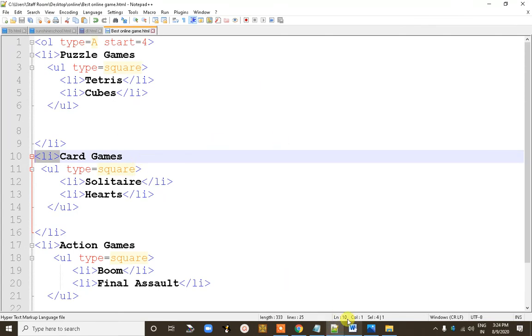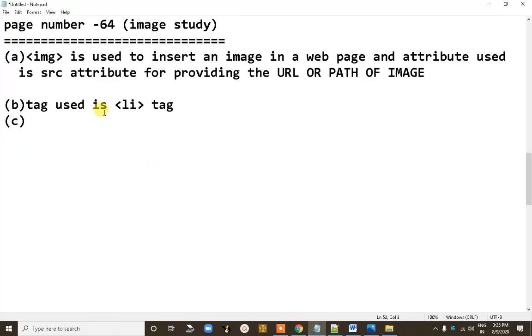Sorry. Here in question B, it is asking, name the tag and its attribute used to display the outer level list. The outer level list is what? This. This outer level list is used to display the puzzle games, card games and action games. So the tag used is the OL tag here, not the Li tag, sorry, the OL tag.